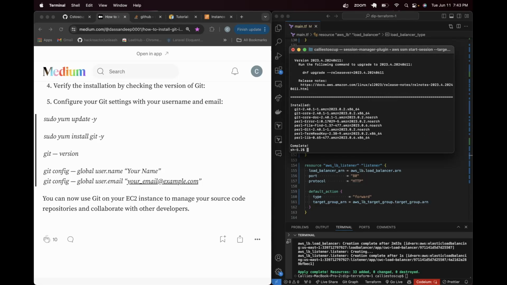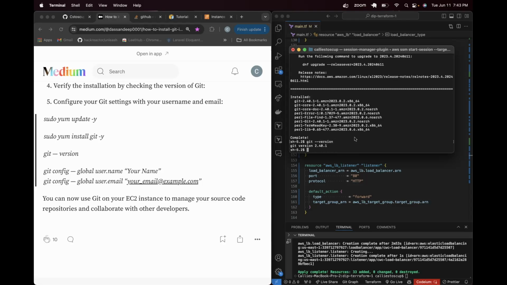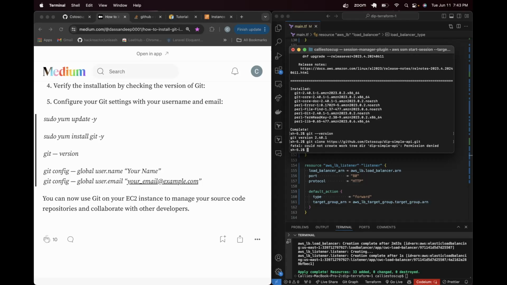So we could run git clone to try it again, but a good way to test whether or not what you just installed actually installed is to type in the name of the package that you just tried to install and then --version. And if you get a version number, then you know that you've installed it and you can see what number you installed. So now I can go to my git clone